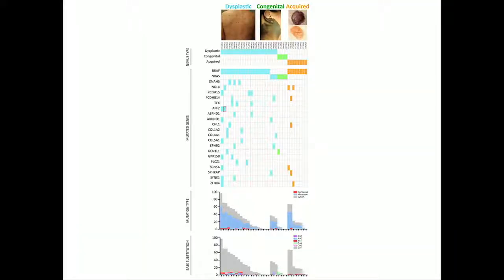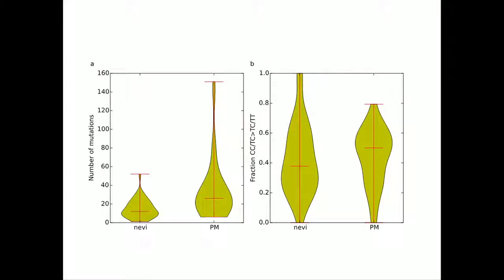We have also carried out a lot of sequencing of nevi, and this is going to be published. Again, these are dysplastic nevus patients. We see either BRAF or RAS mutations, mostly BRAF mutations. When we look at the numbers of mutations in nevi, nevi have low frequency of mutations as compared to melanoma, but they have a UV mutation signature, which is going to make me switch to giving you a little bit of an update on UV radiation, what we've learned over the